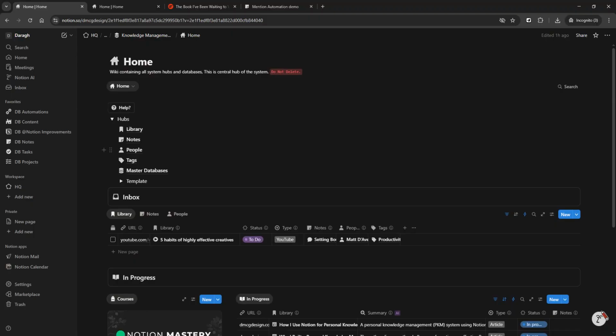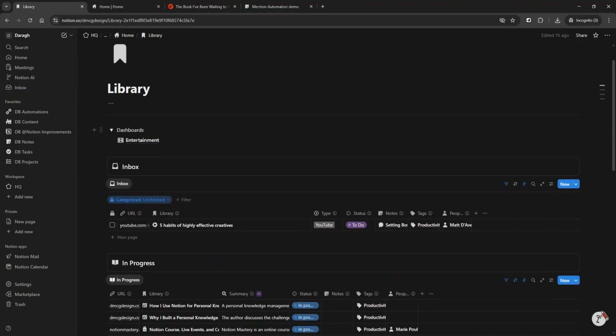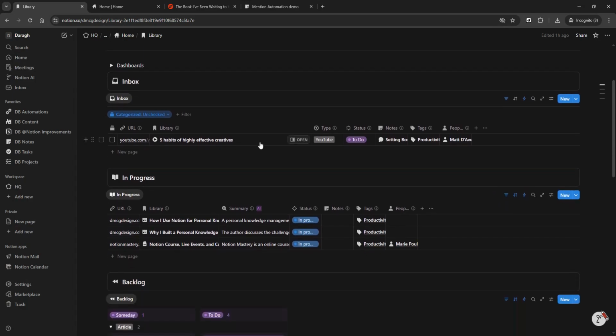But in terms of how I capture stuff into the system, if I jump to my library here, if I wanted to capture something into my system, there's a couple of different tools I use for capture. I use Snipped for podcasts, and I use Readwise Reader to get YouTube transcripts into Notion. Readwise Reader isn't specifically for getting YouTube transcripts, or not full transcripts, it would be excerpts from a transcript. It's not specifically designed for that, but it does it quite well, and they both have built-in integrations with Notion,